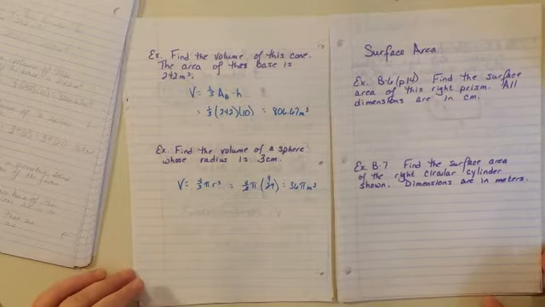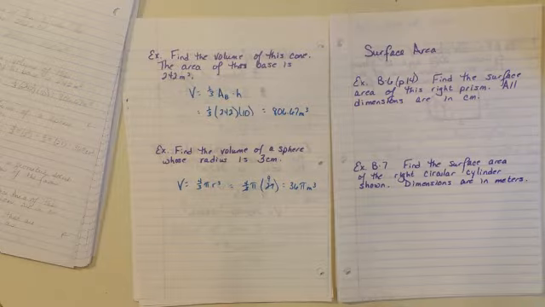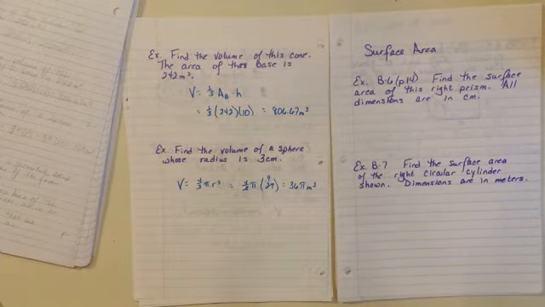Okay, now let's talk about surface area. The surface area of a geometric solid is the sum of all the areas of the faces of the solid if it has flat faces. Curved faces are a little different. We'll talk about those in a minute. So starting with